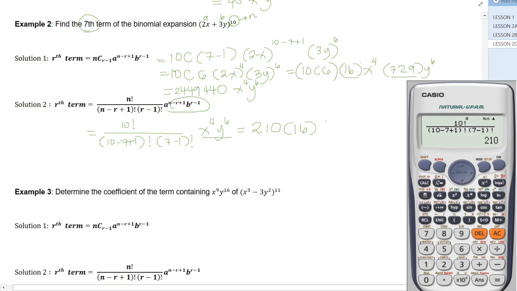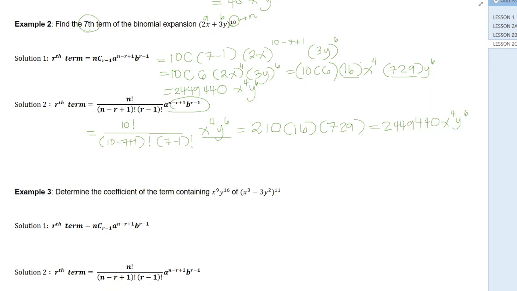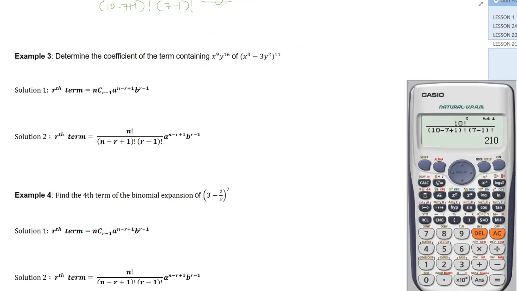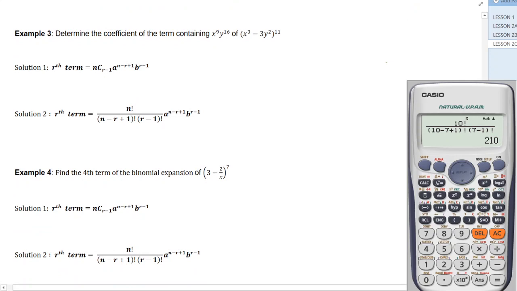So that is multiplied by 16 times 729, it is the same, so that is also equal to 2,449,440 x raised to 4 and y raised to 6 also. That is the same as 2,449,440 x raised to 4 y raised to 6. For example number 3, determine the coefficient of the term containing x raised to